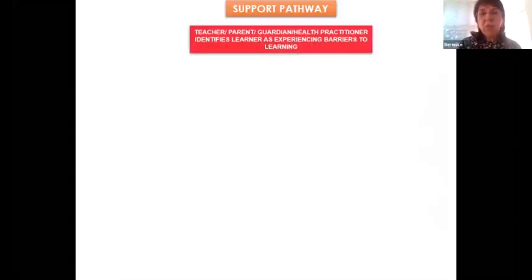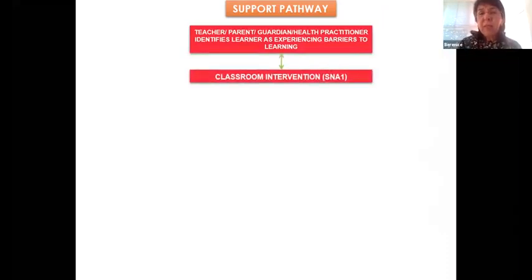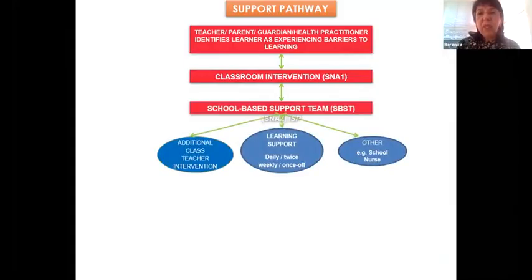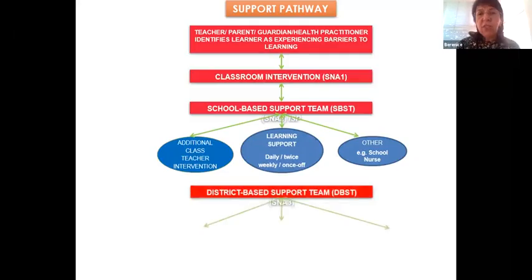Okay, all right. So let's just recap. The support pathway would start with a teacher or someone identifying the learner as having a barrier. There should have been some classroom intervention which the teacher will document on the SNA 1. There could be a school-based support team meeting, and there might be some additional interventions.